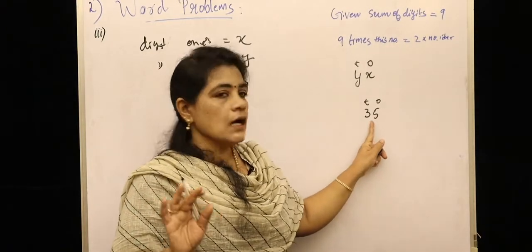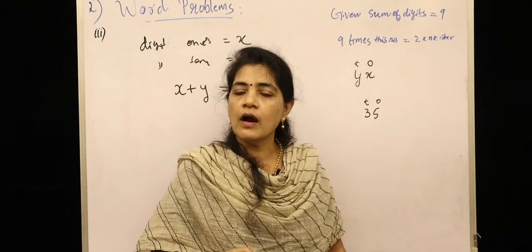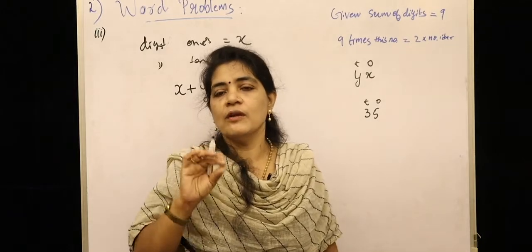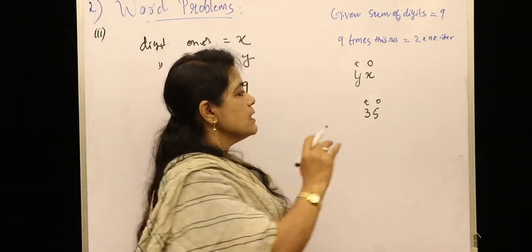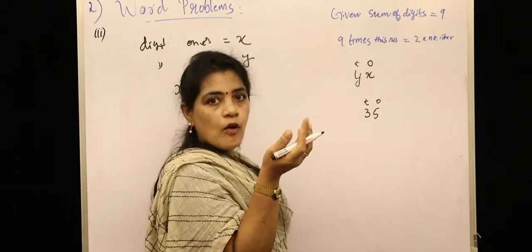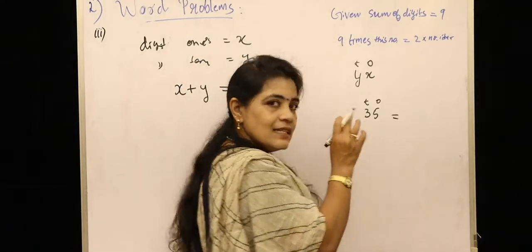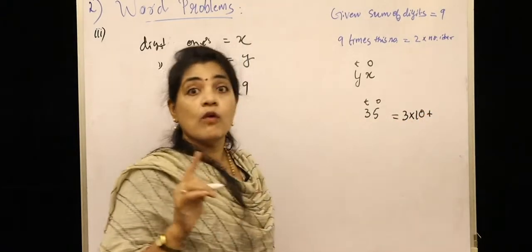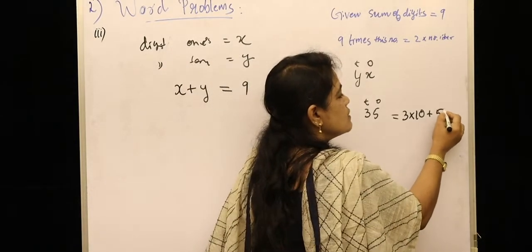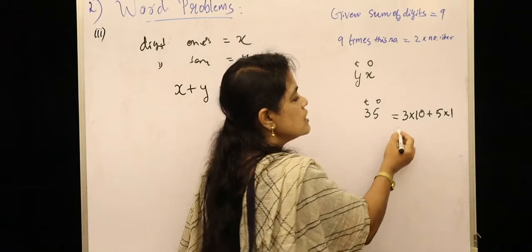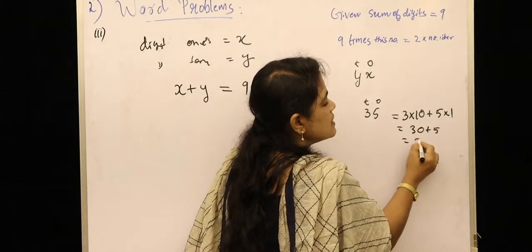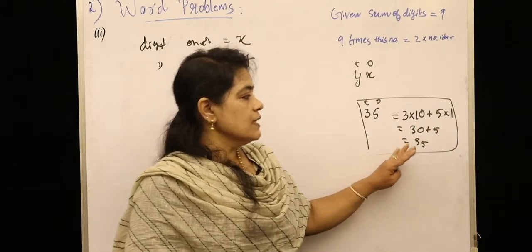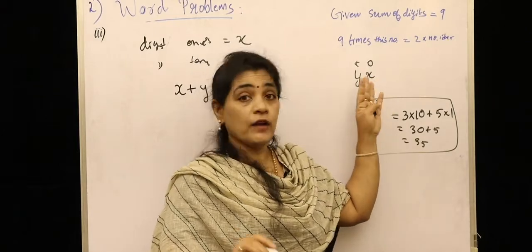Okay. Now see how we are reading this number as 35. How did we get 35? We have to multiply each digit with its corresponding place value. Okay, so here children, in the smaller classes we have learned the expanded form. That is, we multiply the digit in the tens place by its place value 10 plus the digit in the ones place, 5, by its place value 1. That is how this becomes 30 plus 5. This is for example children.